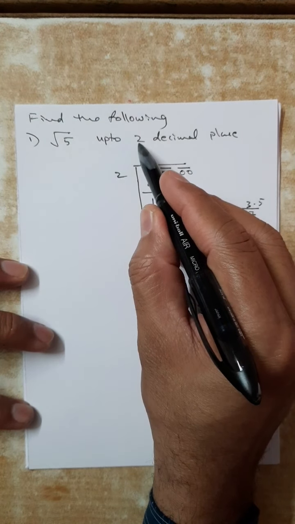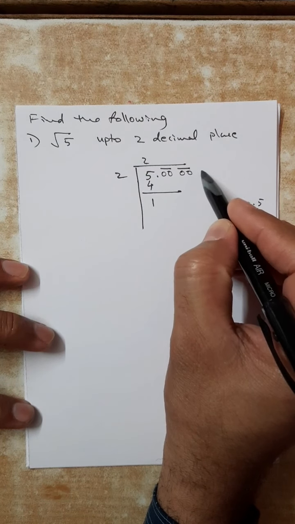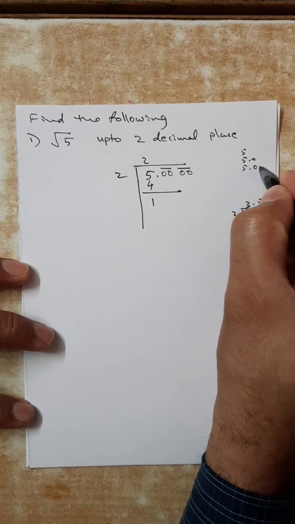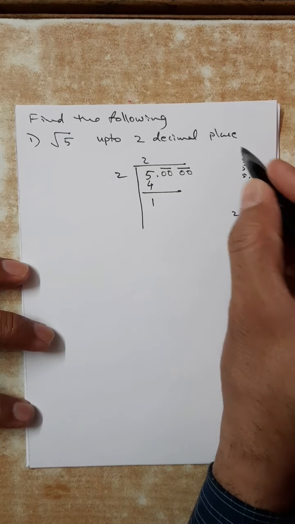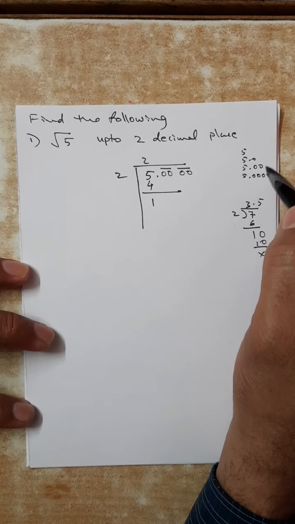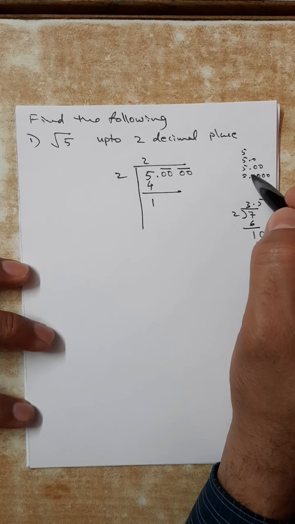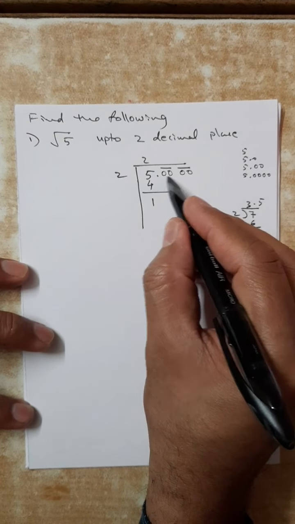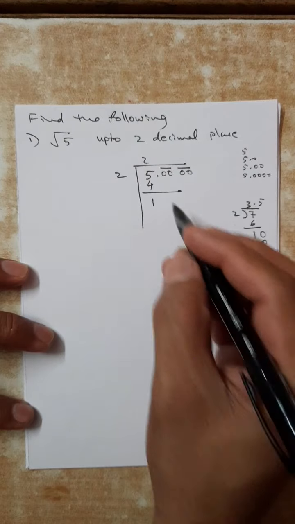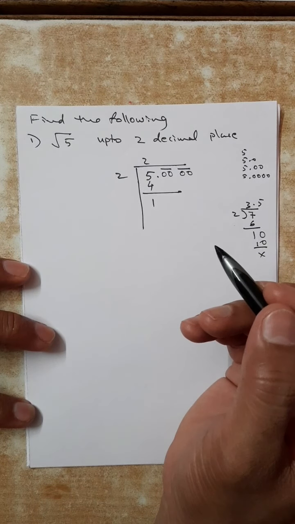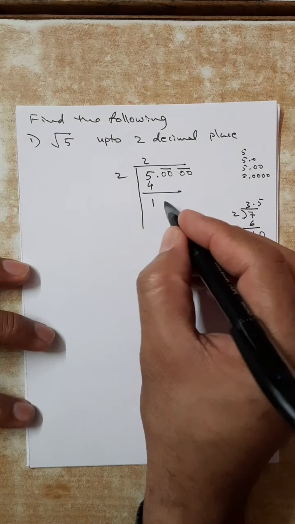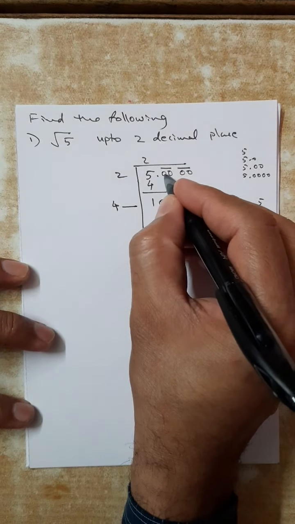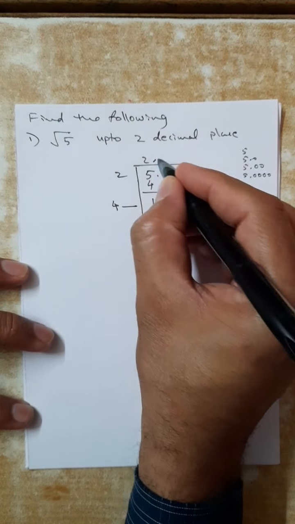Suppose the question is 3 decimal places. Now one more group I will write, 0 0, because 5, 5.0, 5.00, 5.0000, all these are the same. I am not changing the question. The question is the same. 5 minus 5 only, 5 minus 5.0000. So 2 groups are made because of 2 decimal places. So continue with the normal one. What is the normal procedure? Bring the next group 0 0. Double of 2 is 4. Since the decimal area is started, we will put the point also.